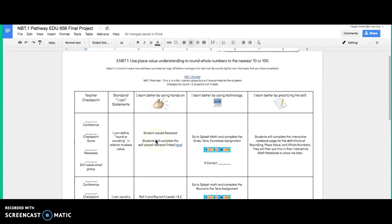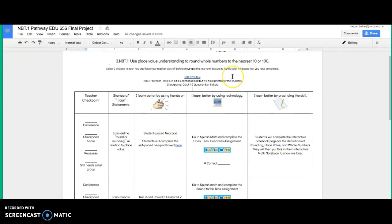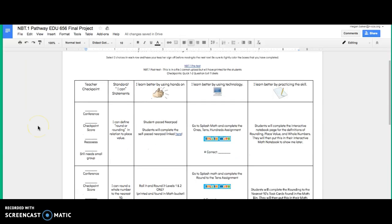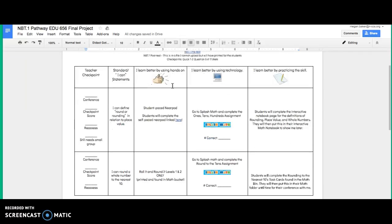At the end of this pathway, they will take the post-test. I didn't link it because it is a huge PDF of all different standard-based grading assessments, because we use standard-based grading at my school, so it was a huge PDF, and I didn't want to download that and link it here. They will take this, and if they master that post-test, they will go on to the next pathway,